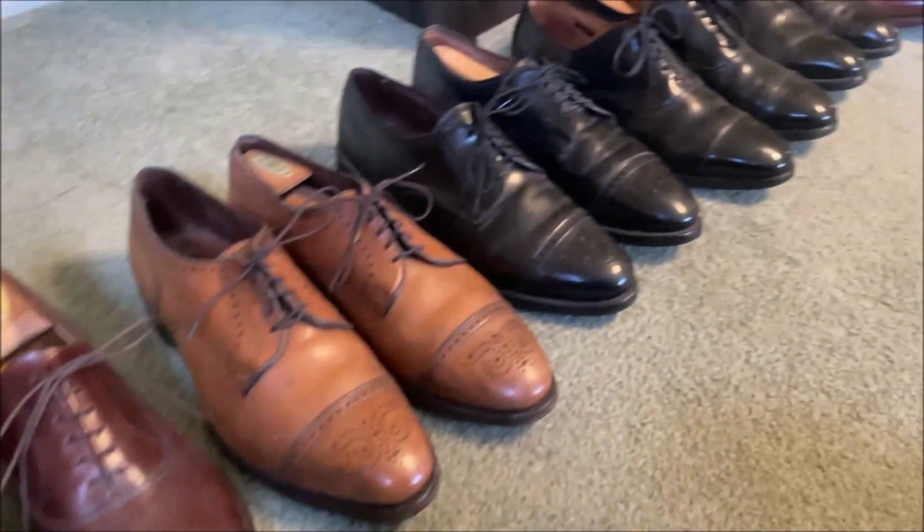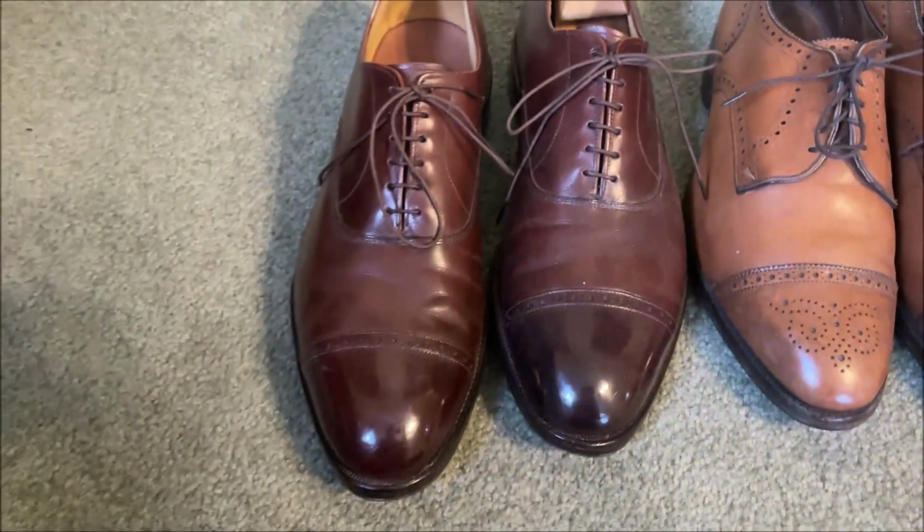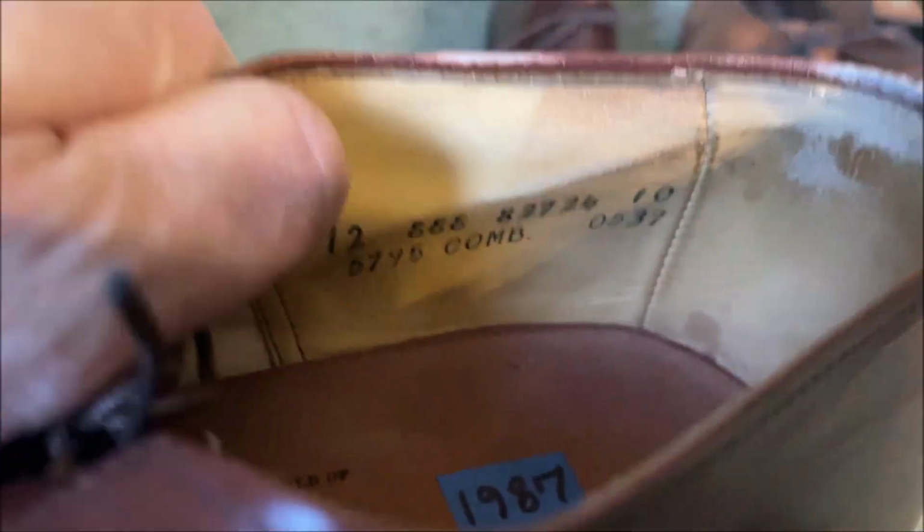Okay guys, so let me go through and date some of these shoes that we've got right here. I'll show you specific examples of what I just listed. Now, first of all, this beautiful pair here, I bought these NOS, but this has, if you see, first of